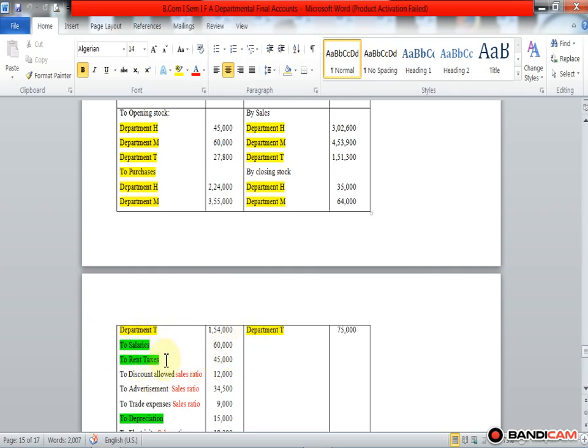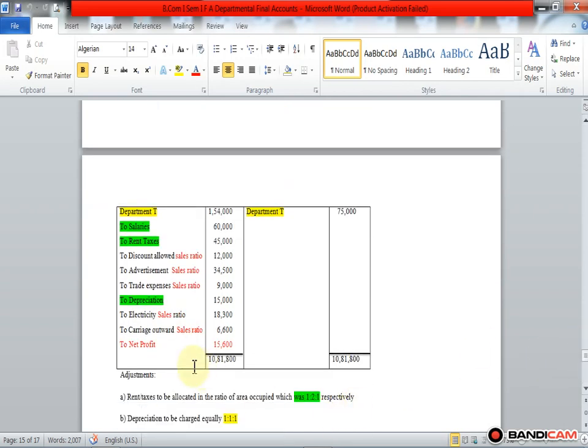Rent and taxes are distributed according to the ratio given in the adjustment. Discount allowed is distributed among each department on sales ratio. Advertisement is distributed on the ratio of sales. Trade expenses distributed